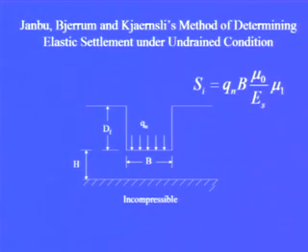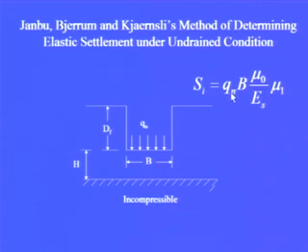This immediate elastic settlement can also be determined by the method given by Janbu et al. Let us consider a foundation as shown in this figure. It is placed at a depth of Df below the ground surface, and the foundation is loading this soil by a load intensity of Qn on the area or the strip of footing that is of the dimension B, and there is a compressible layer that is of the depth H, and below that there is an incompressible layer. Then the elastic settlement can be